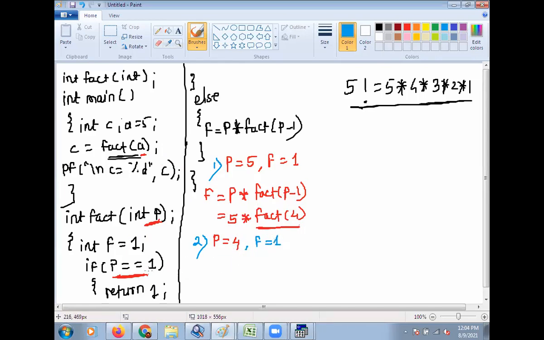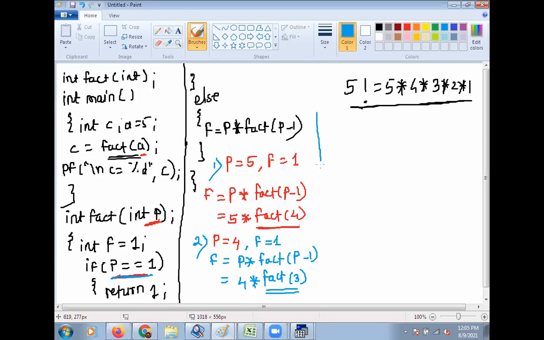Then again check, 4 is equal to 1? This becomes false. So f is equal to p into fact of p minus 1. So now the value of p is 4 into fact of 3.